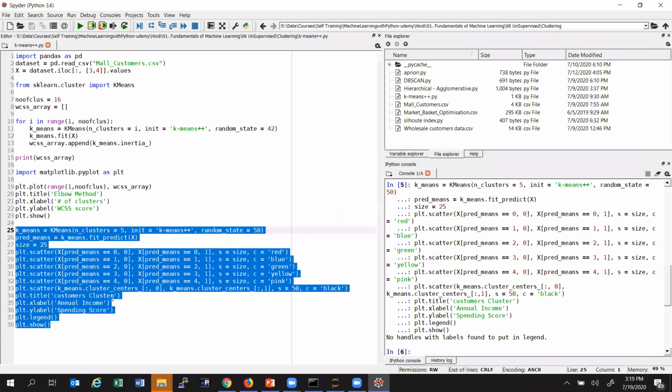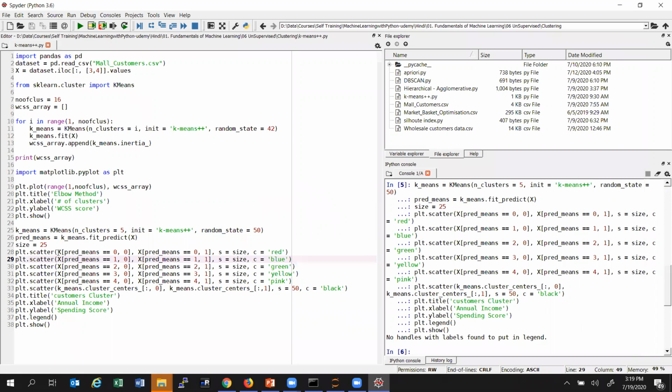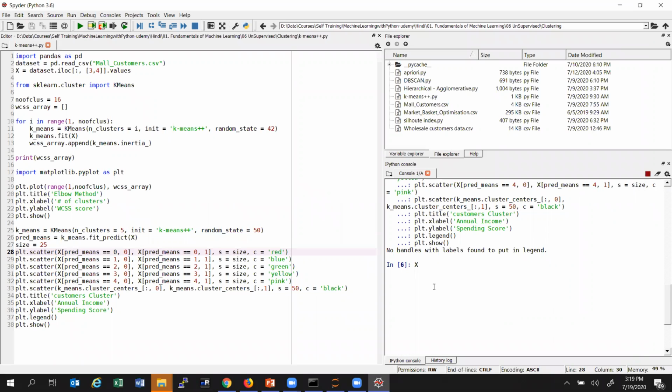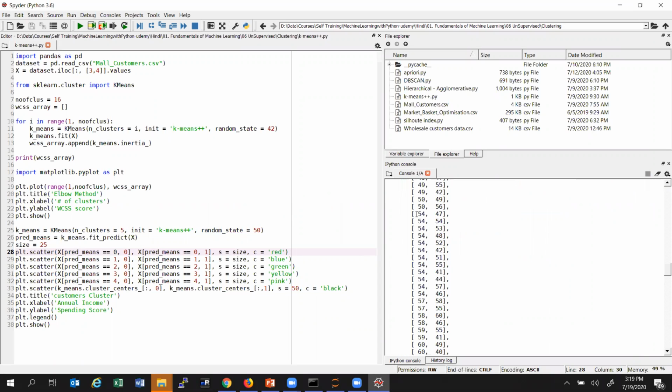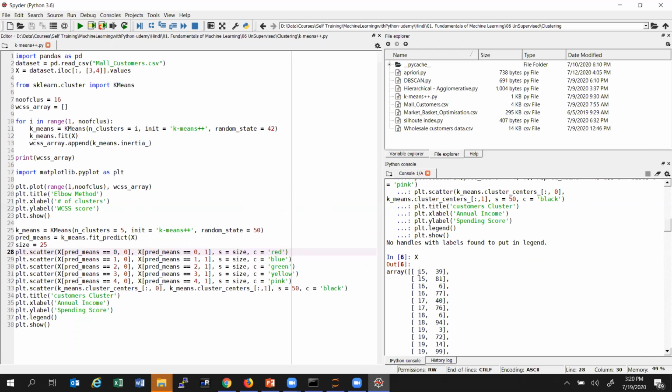Okay, I think everyone understands scatter plot. Here I am saying nothing but for our data where prediction is equal to 0 means cluster number. I have given total number 5, so the cluster number varies from 0 till 4. So if you try to print x, what you get? You get the readings. There are 2 columns, you are getting those values.